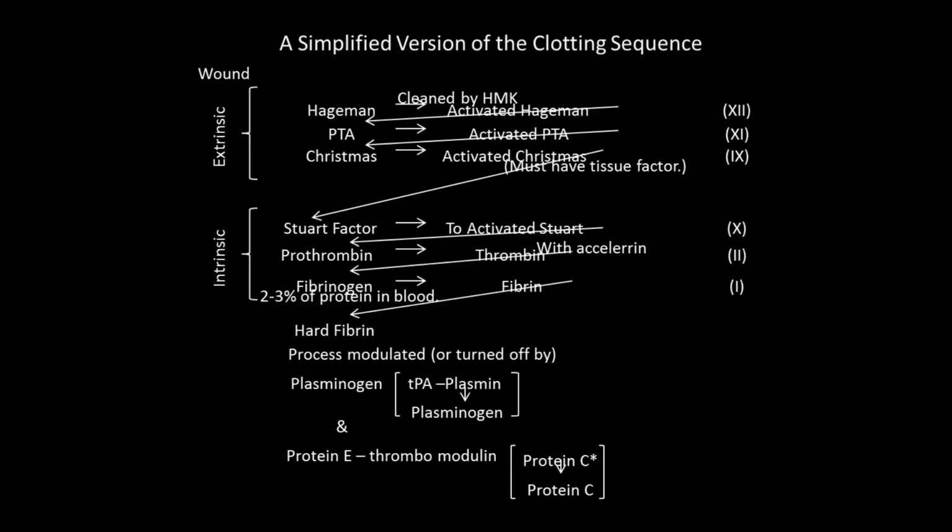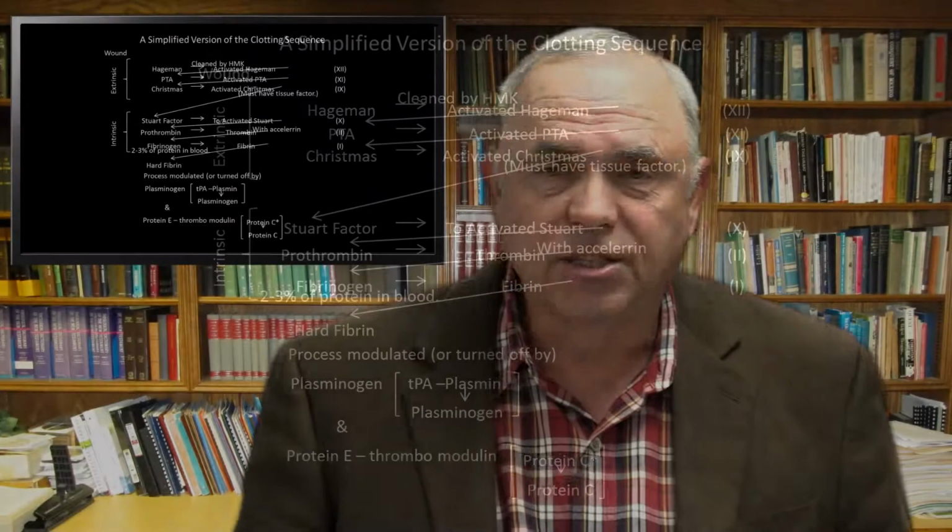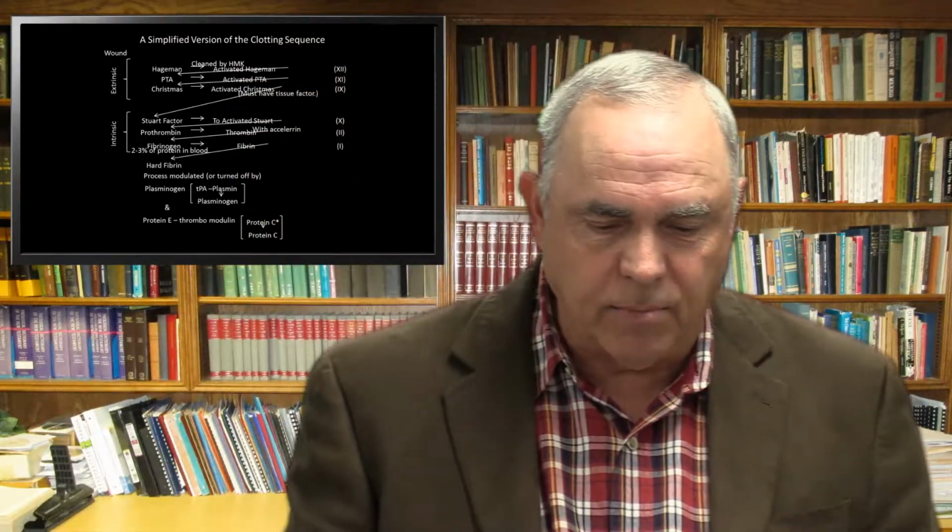Roman numeral 1, 2, 3, all the way through 13. There's actually more than 13, but those are the ones that have numbers attached to them. Some of these have their own name. In fact, they've all got their own name except factor 5. Factor 5 still doesn't have a name. We're figuring out a name. I don't know, it doesn't have one. So when you see these clotting cascades, sometimes you'll see them by name, sometimes you'll see them by number.